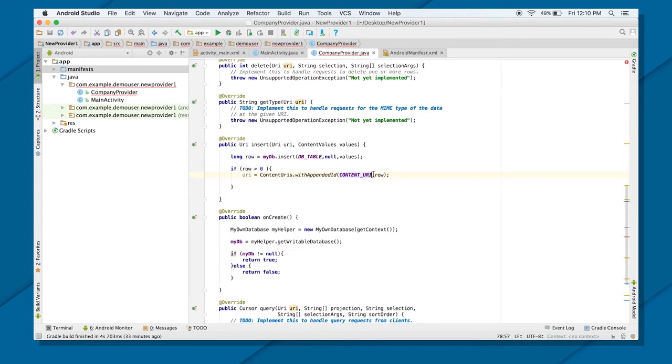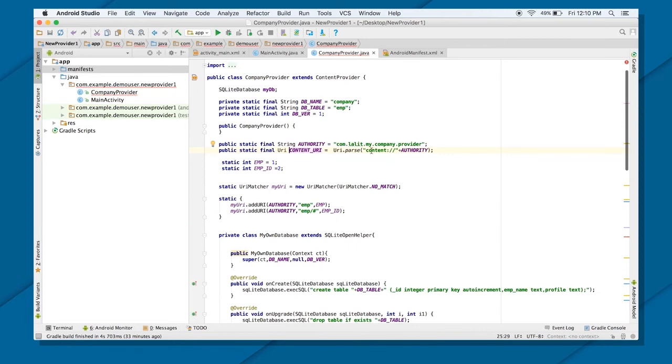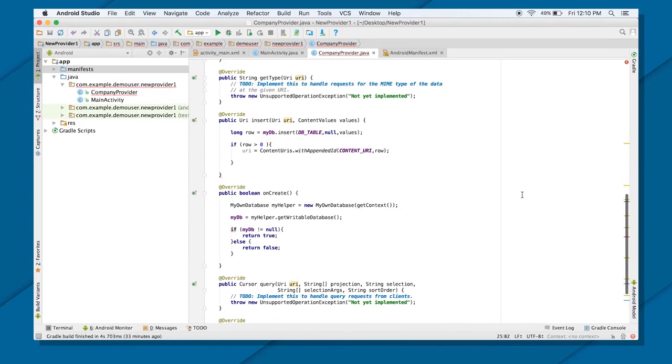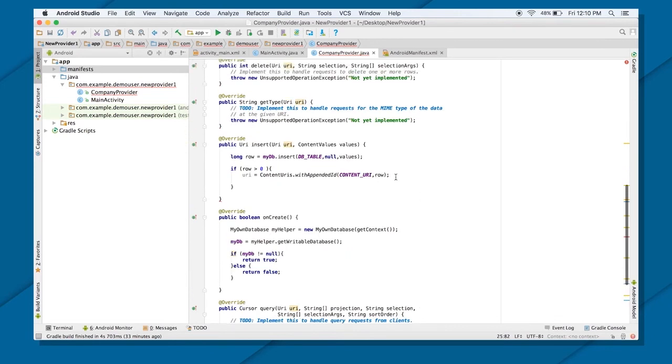Now once you update the content URI, make sure this content URI, as you can see if you go up, is only showing you till the authority. If you want to access the table also, all you gotta do is add plus and provide the table name also. My table name is EMP. There you go. So it will update my content URI.